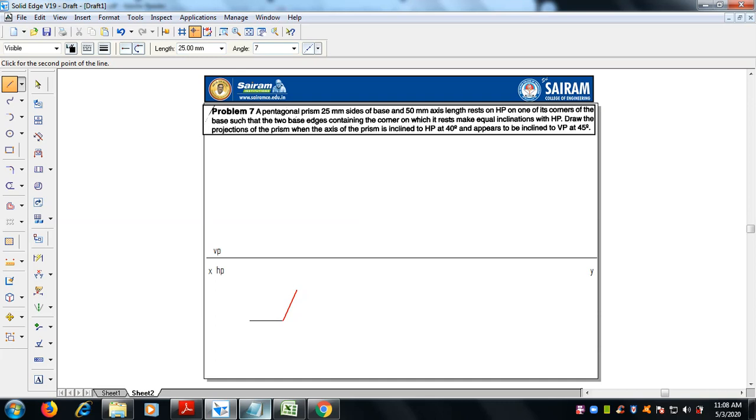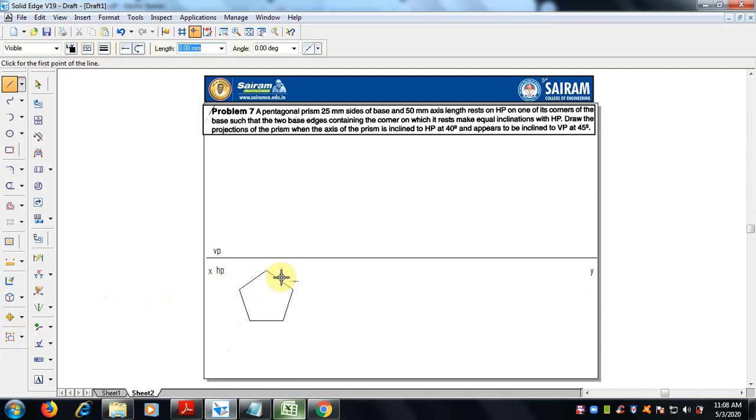So 72 degrees here. Next 25 mm and enter 144. Next 25 mm, enter 216, enter 25, enter 288. So now the entire pentagon is over.